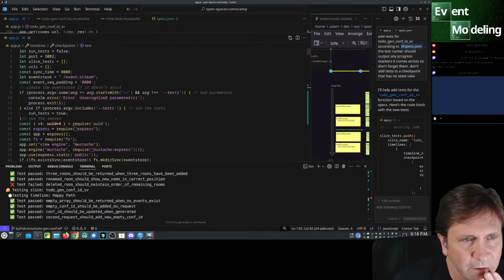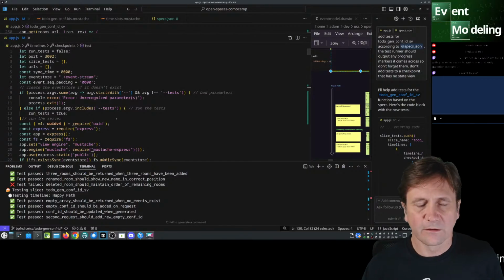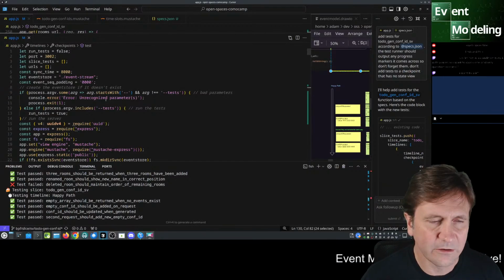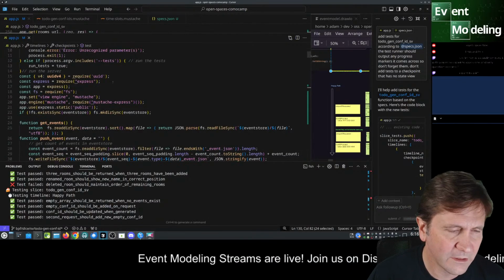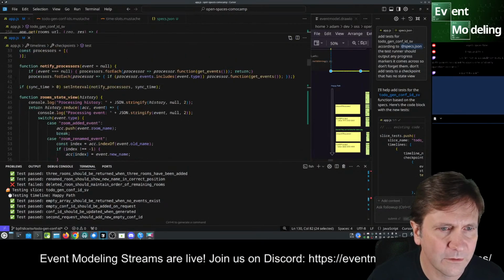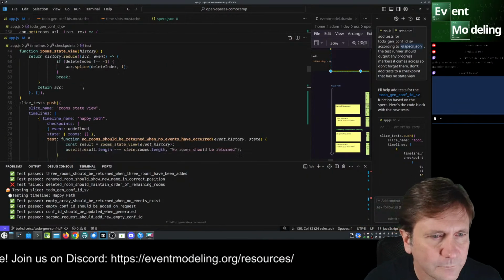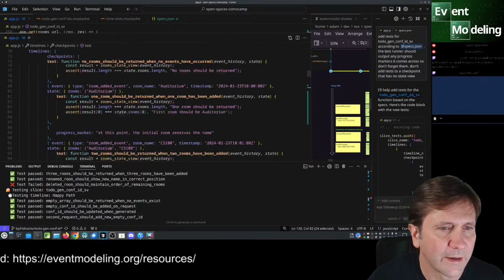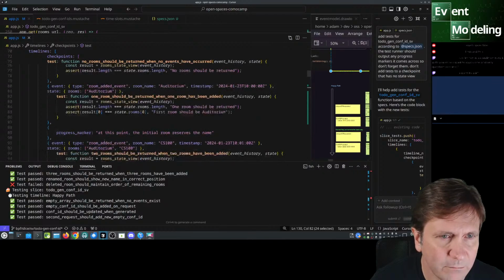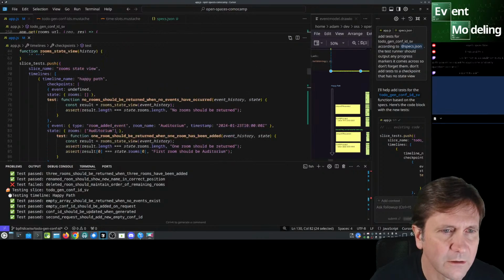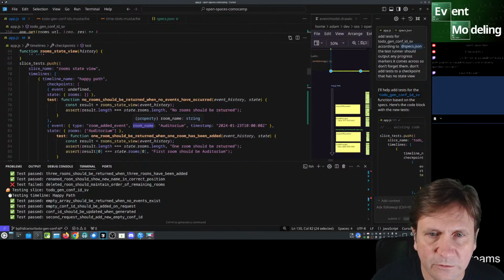So all you testing junkies out there, we spent the entire time scratching your itch of testing. So whether you like TDD or not, or you're just doing testing in another way, this should be quite fun for you. Okay. So I will get rid of that. Actually, no, I'm going to use that as a way to add this assertion so that no rooms should be returned.